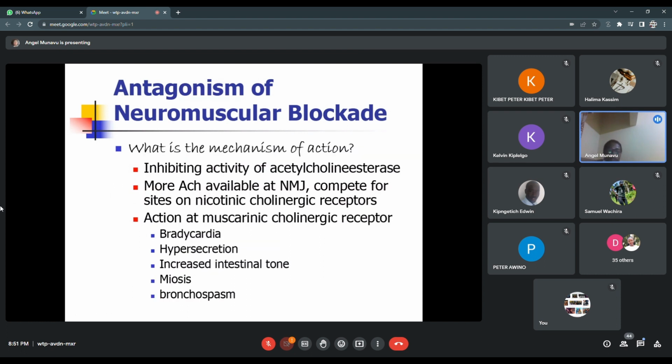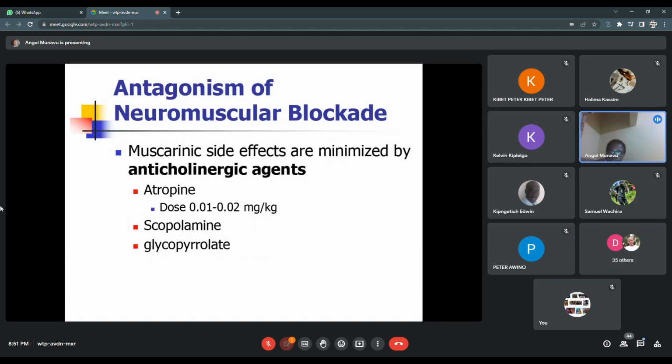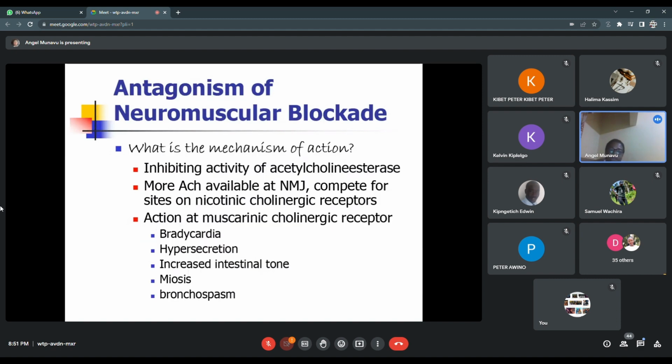So then how do they work? Just what I've explained, that they inhibit the activity of acetylcholinesterase. More acetylcholine is available at the NMJ, and they compete for sites on the nicotinic cholinergic receptors. And so then again, something else to know about these anticholinesterases, they have some muscarinic effects